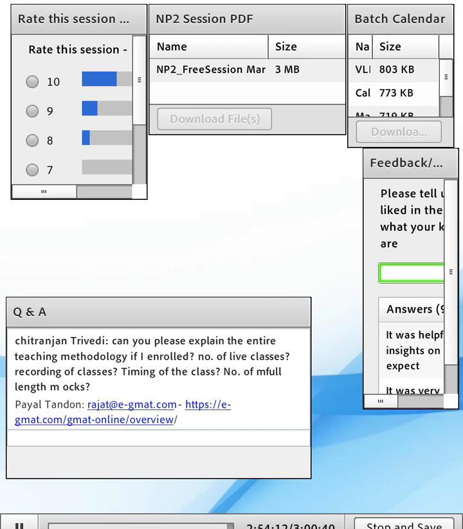How many full-length mock tests? We offer you 5 full-length mock tests. In addition to that, we also offer 30 tests in ability quizzes in quant and another 30 in verbal. And in addition to that, we also offer GMAT club tests, which is equivalent to about another 15 mock tests or so. So essentially, if you look at the number of questions that you get, including which is purely in our practice platform, not in our learning platform, you'd get questions which are equivalent to upwards of 20 odd mock tests.